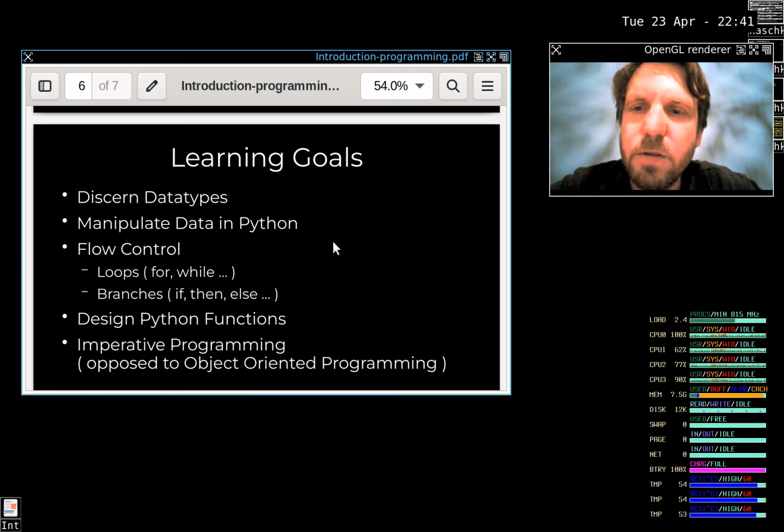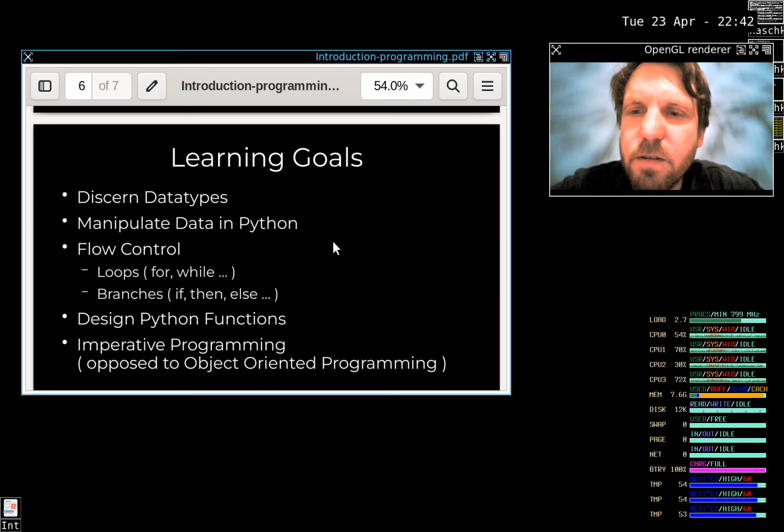Then we go into flow control. So flow control is like when you have a program, how you structure your program into different branches. What to do if a certain condition in your data happens, things like this. Loops are basically repetitive structures in your program code. If you want to do something for a table one time at each row, you will probably loop across it.